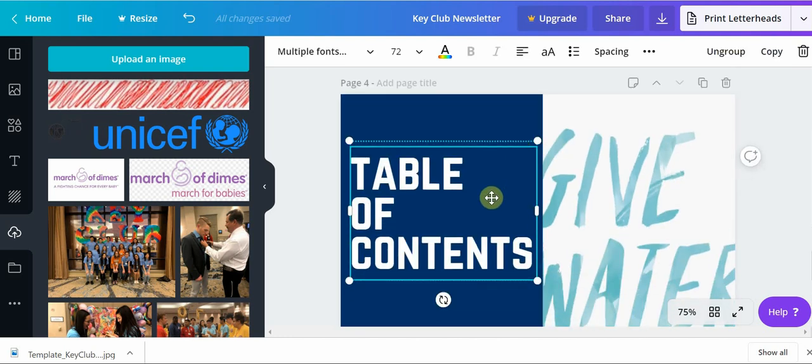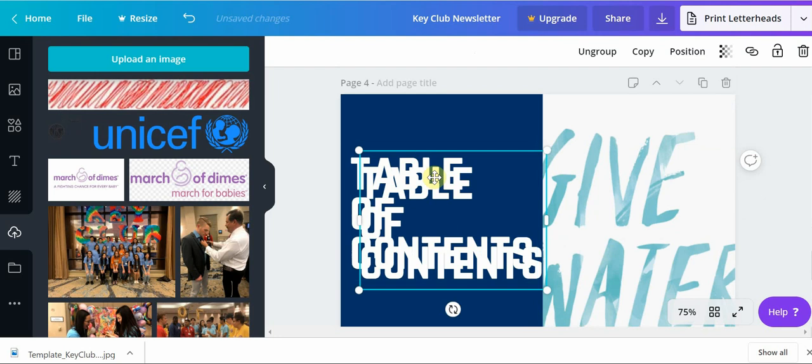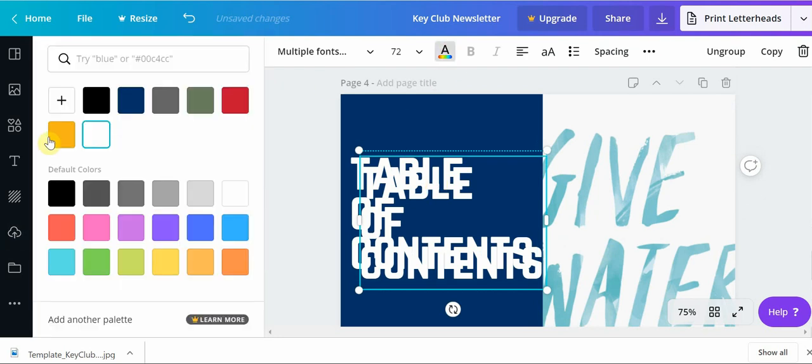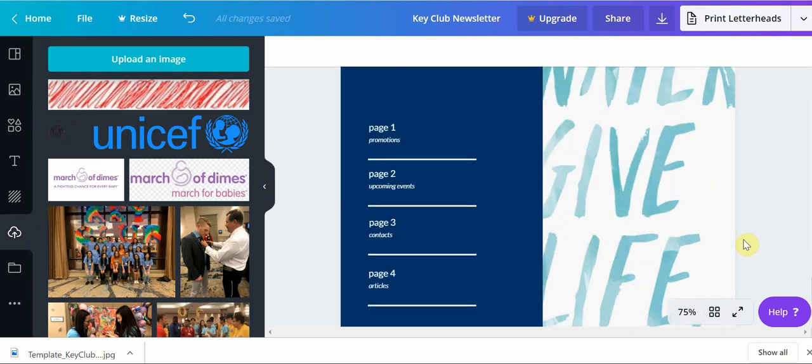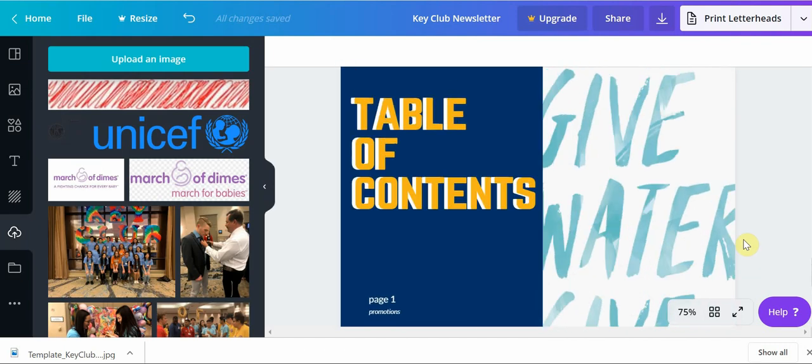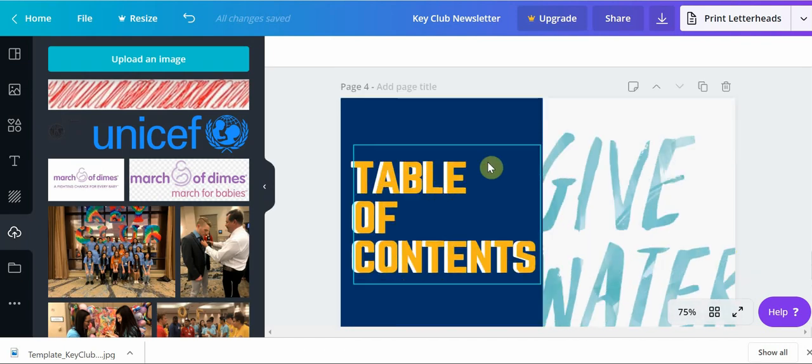Let's duplicate this text with copy and paste and change it to a different color and see how that goes. So we made it yellow and put it right there so it looks like a little shadow. You can use your arrow keys to move it along, so I'm going to move it a little bit with my left arrow. That way there's some yellow